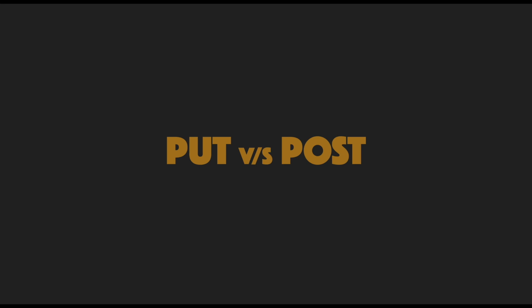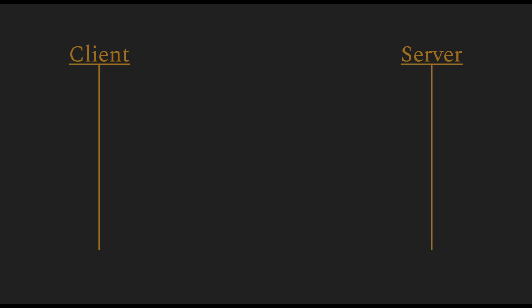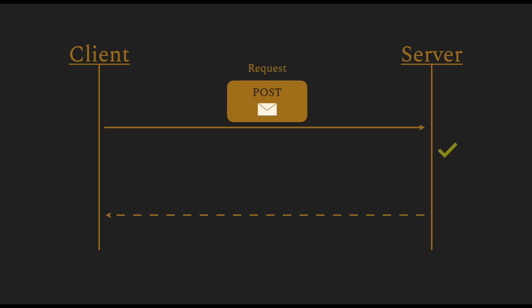You might be wondering in the previous examples, what is the difference between put and post, because they look quite similar. We generally use post requests to create items on a server and you get a 201 response, and you use put to update items, but that's not always the case. You can also use put to create items on the server. So what is the difference? The difference lies in how a server interprets these requests.